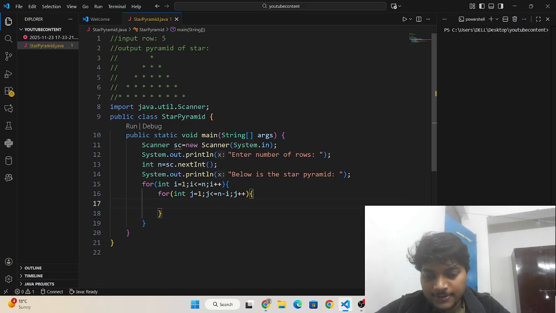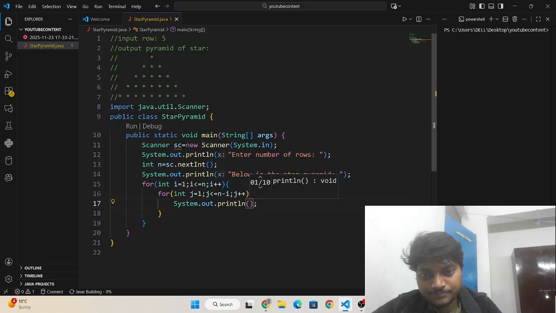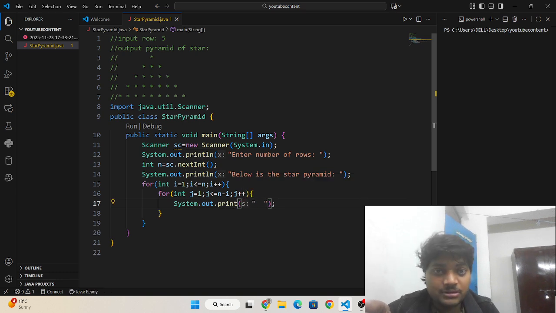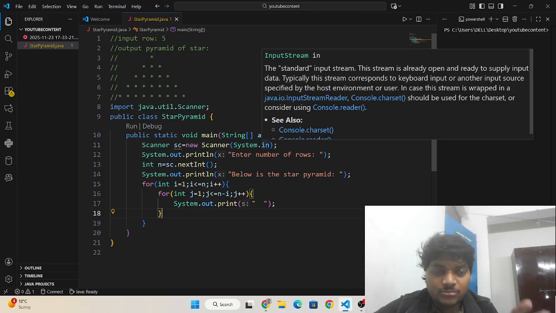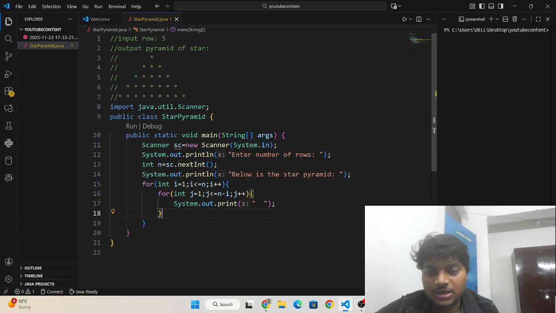So I need to write here a space. I had printed two spaces, that's why 8 spaces were coming. If we print one space, you can see it will come in a synchronized way.